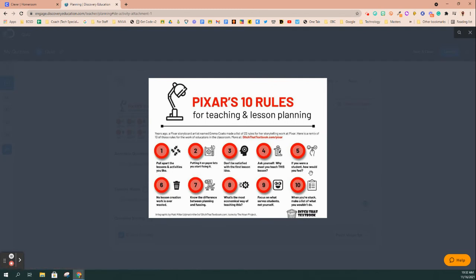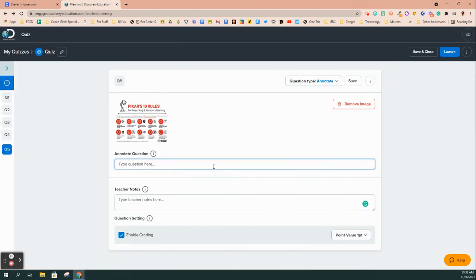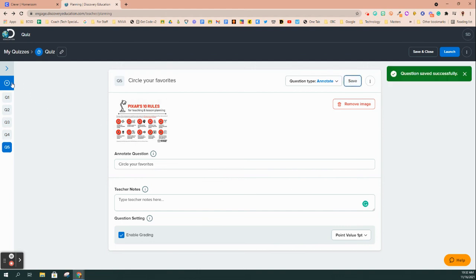Maybe they're going to circle which teaching rules they like best. So circle your favorites. You can type in notes and add point value, and that is annotate. I really like that one. We're going to save and add a new